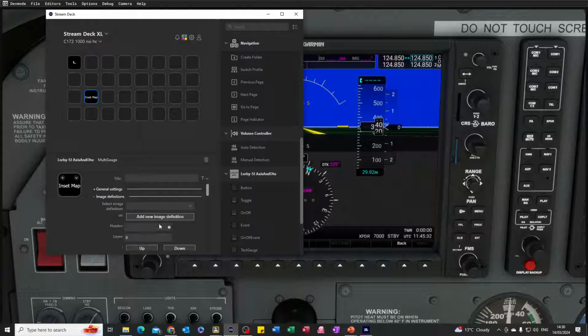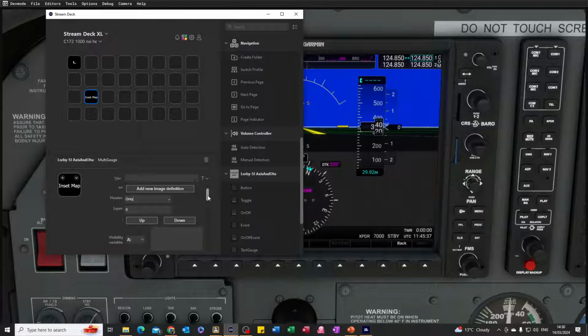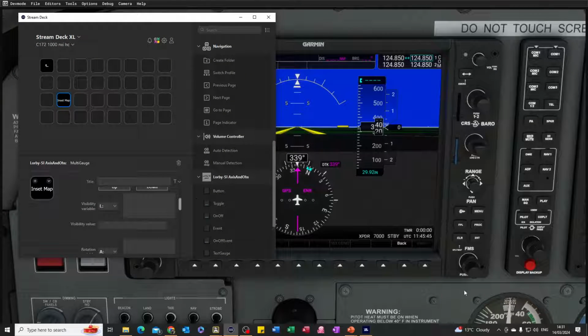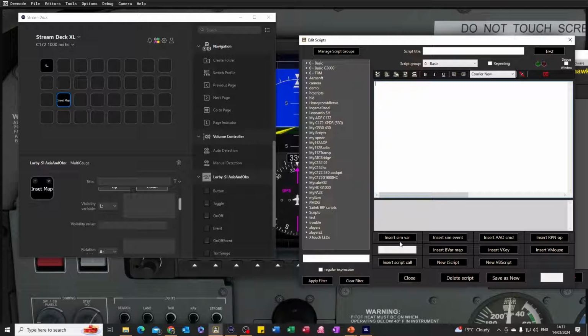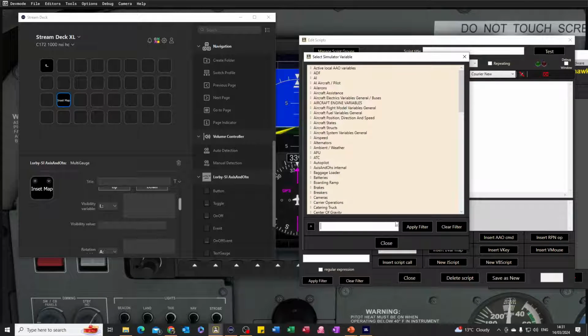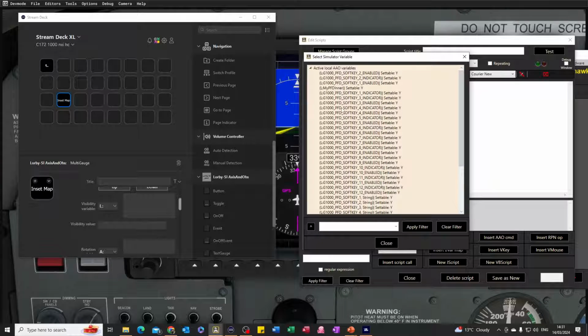So we need to create one for grey, and we need to put in the variable here that tells us whether it's going to be grey or not. So again, we're inserting that sim variable, filter it down for the PFD. I'm looking for soft key 2, which again still isn't there, so I use soft key 3, and it's this indicator that I'm after. So we'll right click on that,